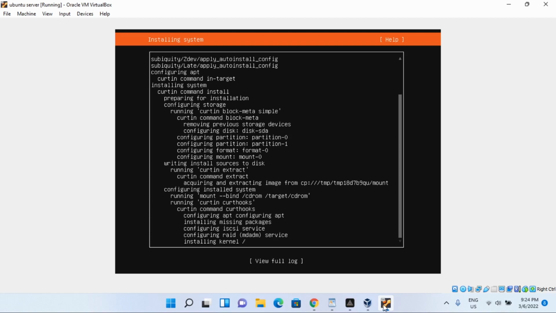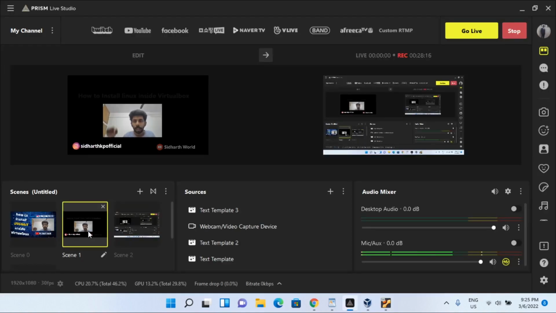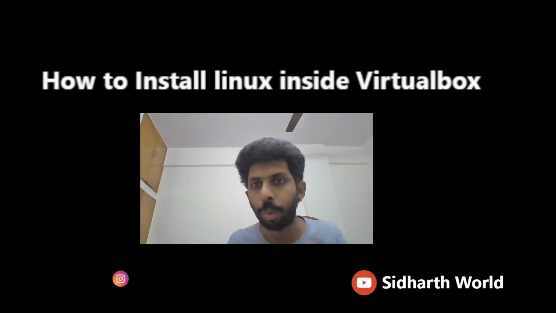And once the installation is done, we are going to reboot the server. Once the reboot is done, it will run through some grayscale commands and all, which looks scary to everybody, but it is not. Then we'll be prompted to log in, and once we log in, we will be welcomed to our server, and then we will check out a couple of info. So until that comes back, please go right now